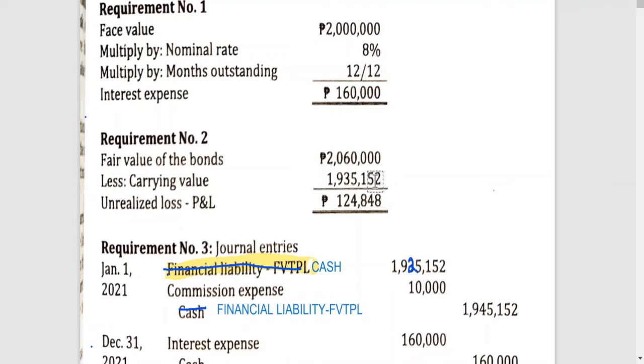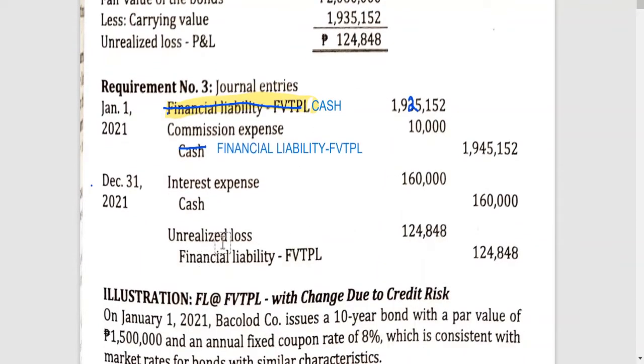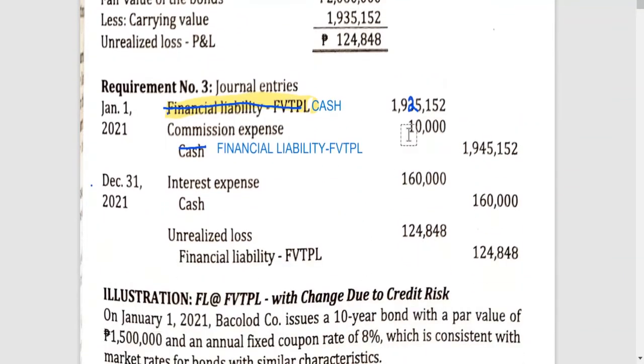Kung asset pa ni siya, itaas ang iyang value, ana, niya asset na siya, we will be happy kay muda ko ang value sa tong asset. Pero kung liability na siya, niya ni taas iyang value, we won't be happy kay ni taas mo po na tong bayro nun, di ba? So that's why debit unrealized loss, 124,848, and credit financial liability